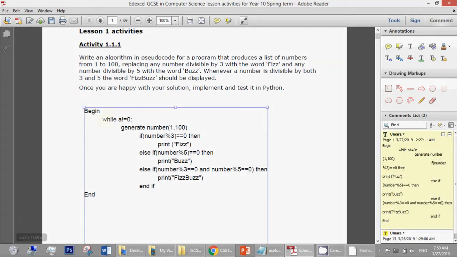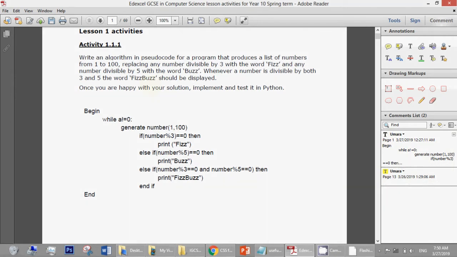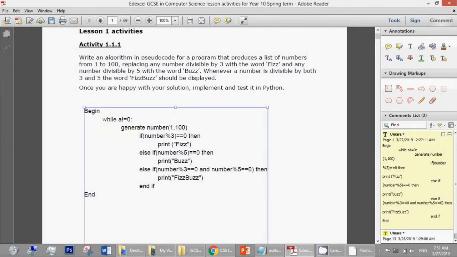Begin, end as the pseudocode written, and remember, pseudocode has to be much more professional than structured English, whereas structured English is very much closer to our language. Pseudocode is in between the structured language and the programming syntax, right? So don't forget to indent like this, so it's very easy to analyze and understand. While a not equal to 0, in fact I should have